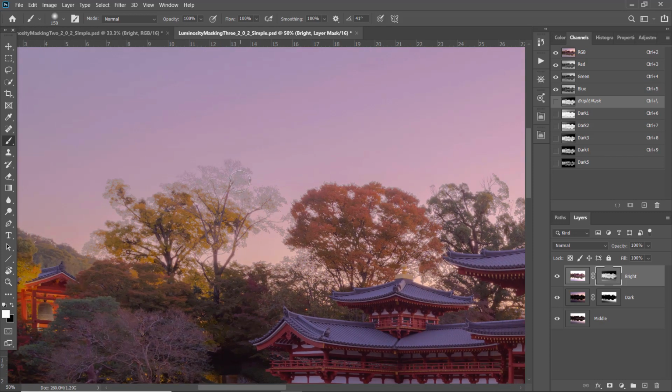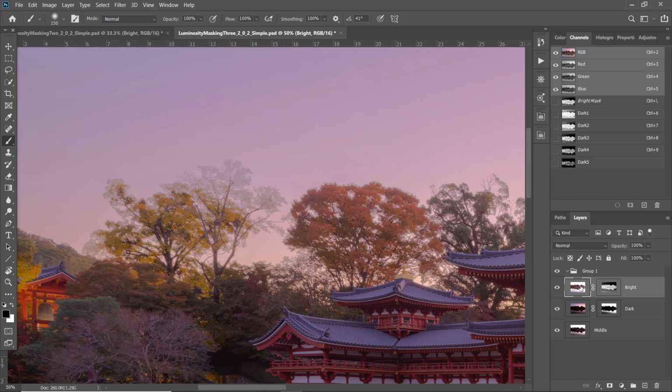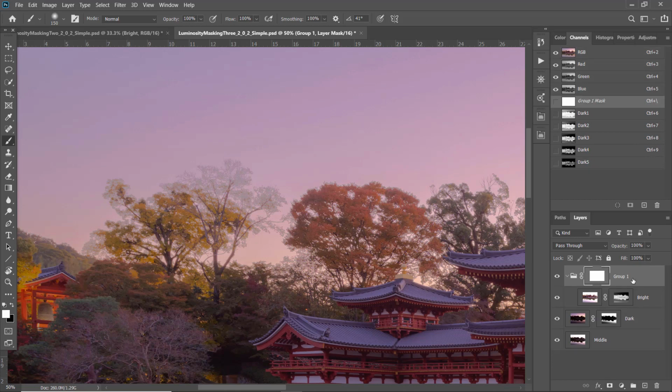Instead of doing the fine tuning by modifying the layer mask here, I'm going to use a slightly different approach this time. So I'm going to create a group and put this layer in the group. Now click on the group, add a layer mask to it. So whatever masking that apply to this layer mask, you're going to further restrict the layer under this group. So I'm going to use a black brush and maybe start with like 35%. So adjust the brush size and just remove some of this